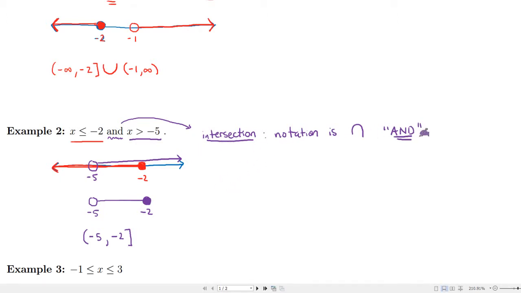Also, using this intersection notation, following the same procedure that we had up here, you could write out both of them separately. So maybe I'll just show you that real quick. You don't have to do this, but I'm just trying to be consistent with what we did above. So this red one would look like this. That would be from -infinity to -2, right? But we're going to include the -2 actually. So let's switch that to a bracket, right? So we're including -2. And then the purple one, what is that? So this becomes